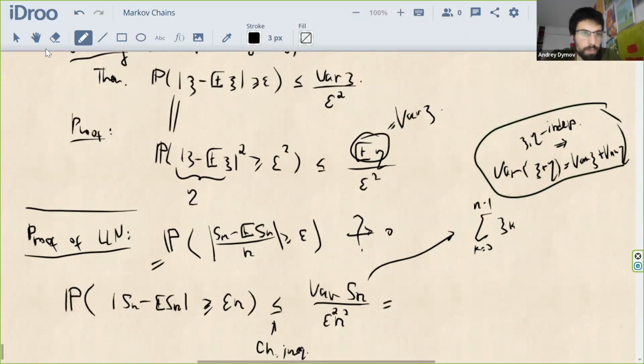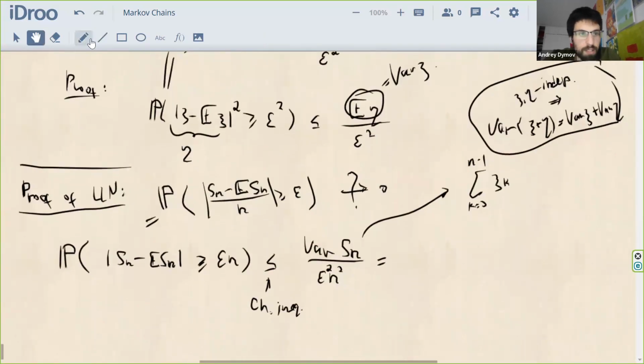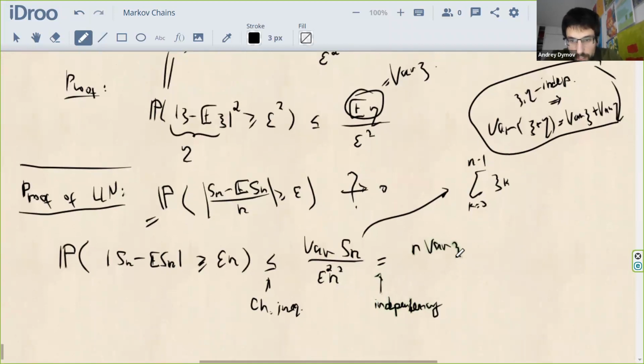Then by the independency of my psi k, here I get n times the variance of psi 0 divided over epsilon squared n squared. And you see, in the result, I have just variance of psi